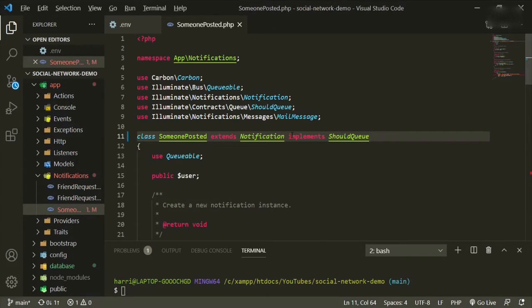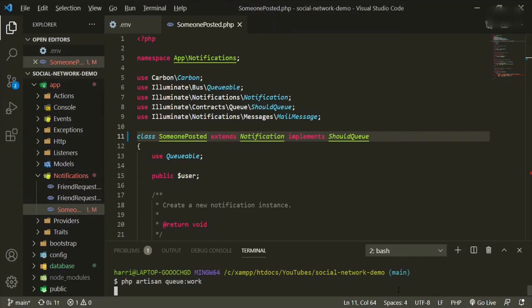Okay? And then we'll come down here, and the command that we need to run now is php artisan queue:work, and this will run our ShouldQueues, our listeners and events in the background,